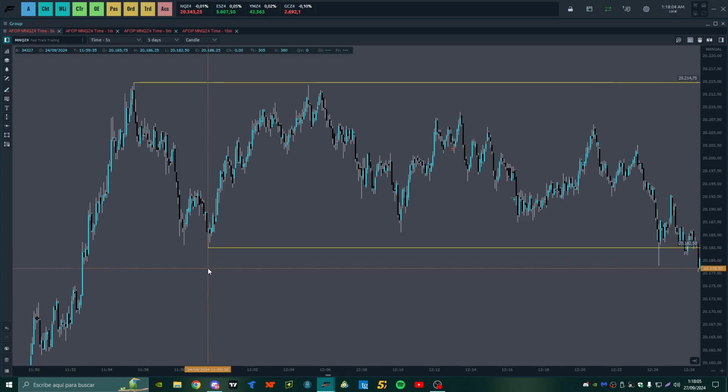Why? Because we are neither breaking this high, nor did it bounce here, and it didn't break this sort of origin of this move that is not yet an actual origin in a higher time frame, because you already know that for us to consider an origin, it must have set a new high and broken a structure. Otherwise, it's an origin at risk of being taken when it fails to set a new high.